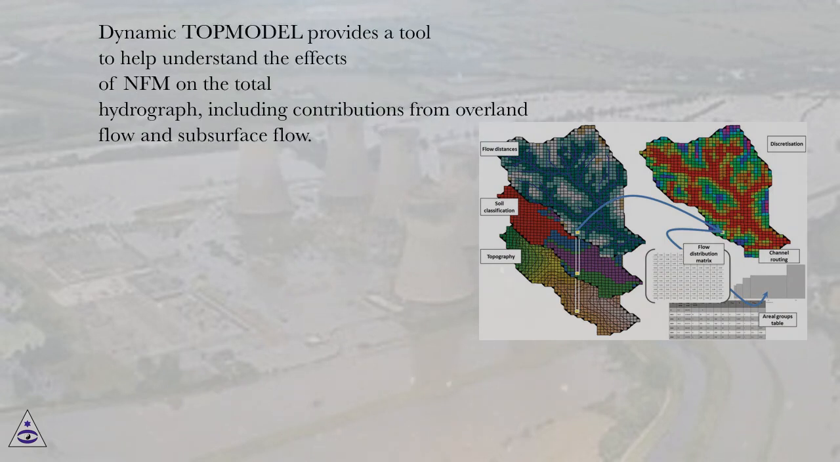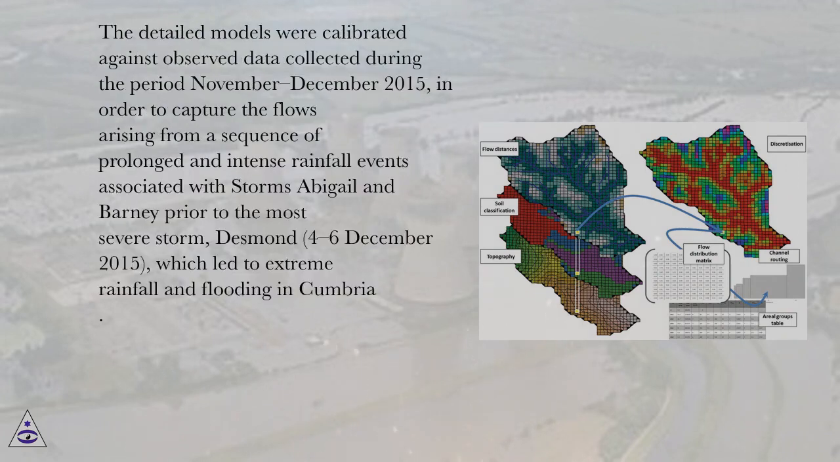Dynamic TOPMODEL provides a tool to help understand the effects of NFM on the total hydrograph, including contributions from overland flow and subsurface flow. The detailed models were calibrated against observed data collected during the period November to December 2015, in order to capture the flows arising from a sequence of prolonged and intense rainfall events associated with storms Abigail and Barney, prior to the most severe storm, Desmond, on 5 December 2015, which led to extreme rainfall and flooding